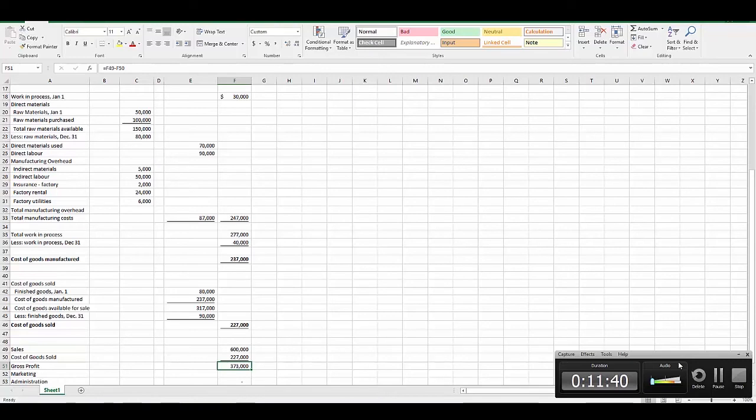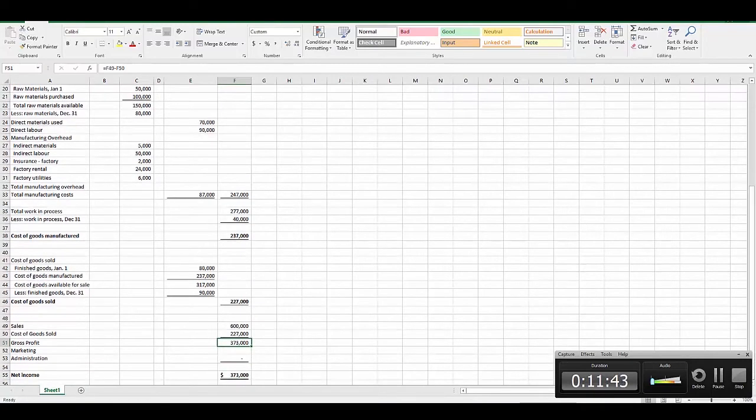However, we're not done just yet. We want to now look at deducting our administrative type of cost. Here we're given two cost categories. We deduct our marketing cost. Then the next item we deduct is our administration costs, and we're told that's $50,000. We'll just make sure we put in our little comma here. So we have these costs deducted as well. That brings us down to a net income of $300